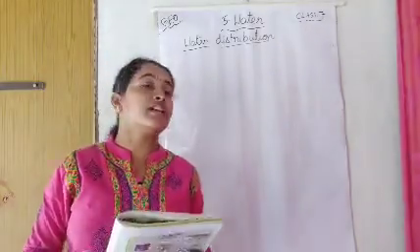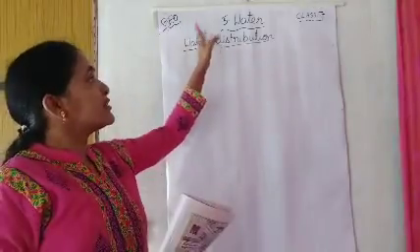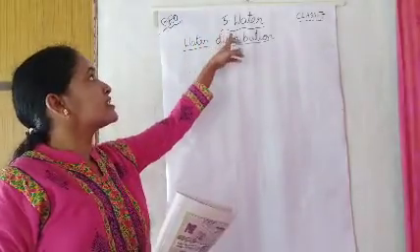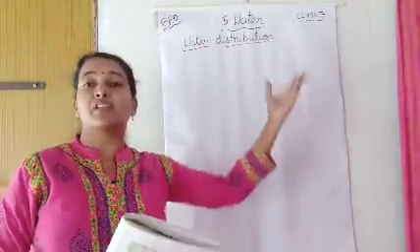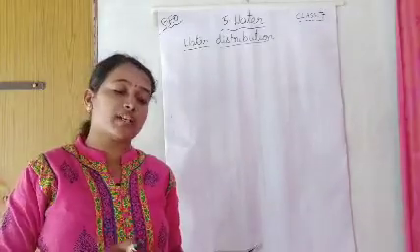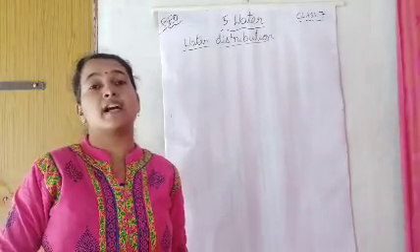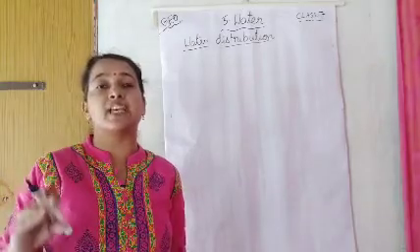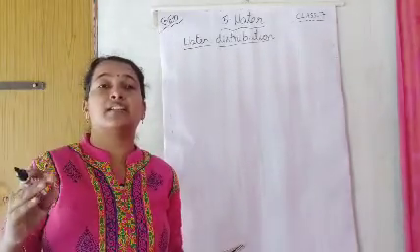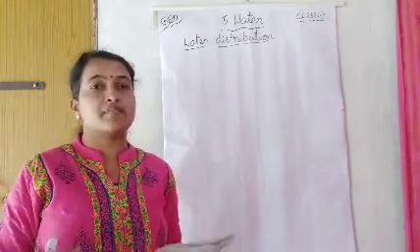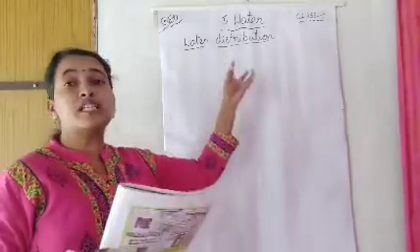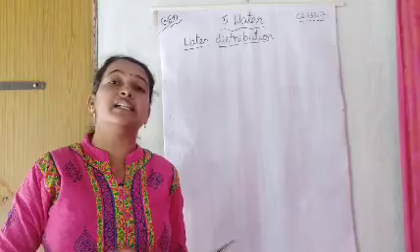Hello, good morning children. Today in this video I am going to explain class 7 geography chapter 5, Water, part 2. In the previous video I explained the uses of water, how much fresh water is available, and what about the remaining water in the oceans and seas. Now let's see how this water is distributed on the earth's surface.